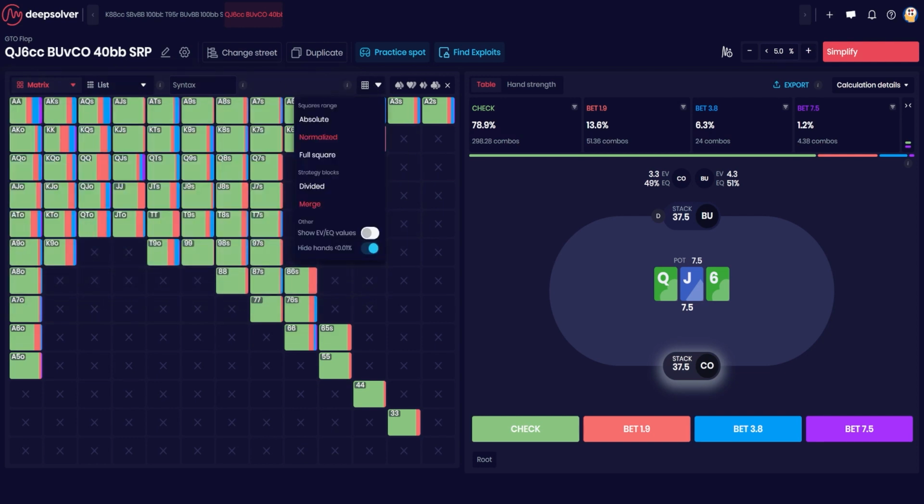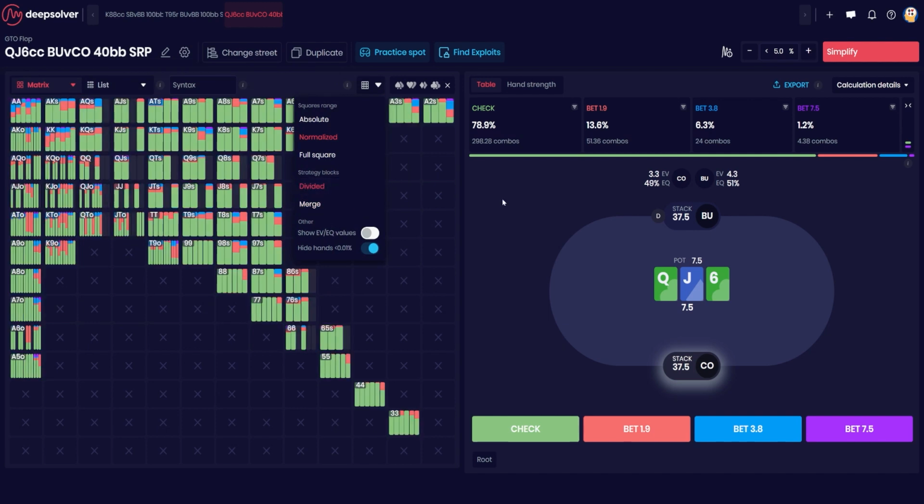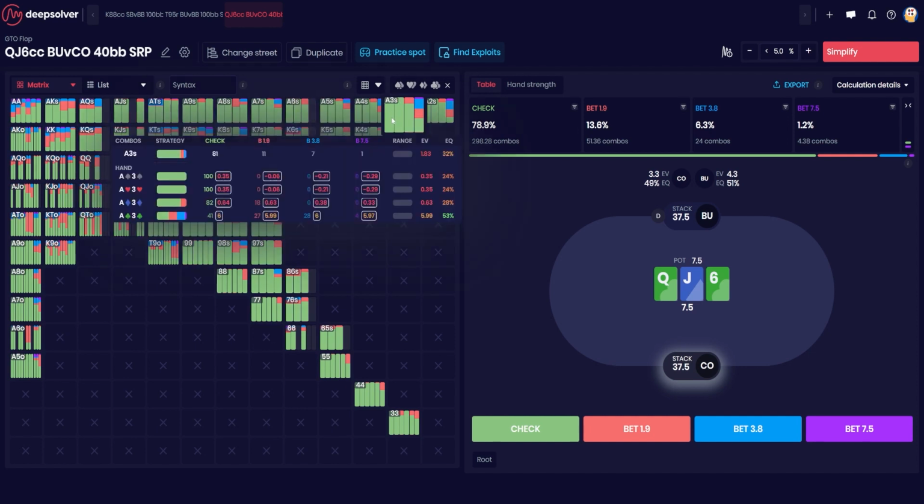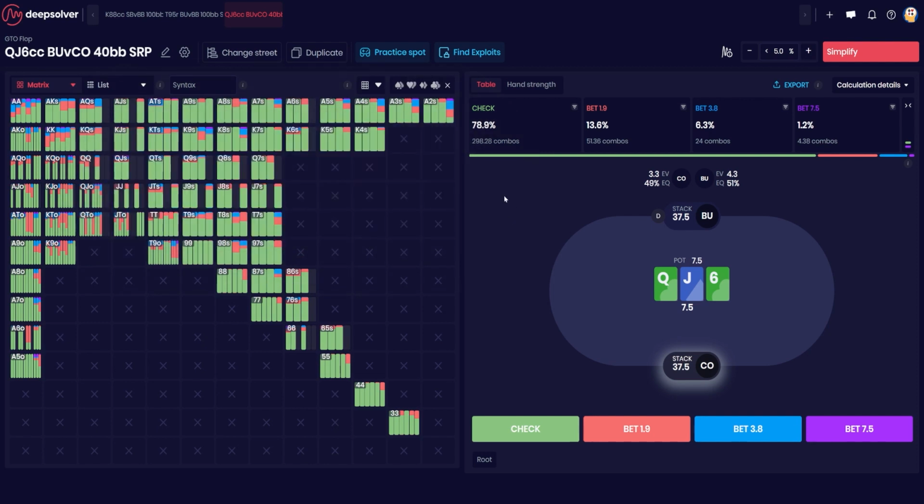Another way you can do this is just set it to strategy blocks divided. This will give you a little bit of a different view. So hands are organized from spade, heart, club, diamond in that order. And you can just see how each suit is playing. So if you look at the fourth suit, that would be the flush draws.